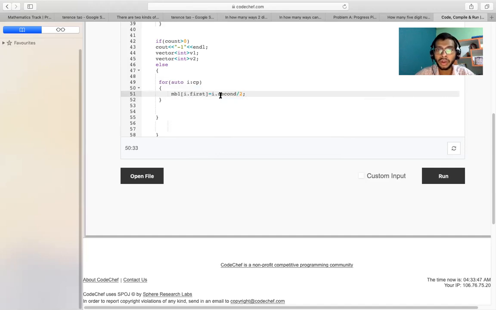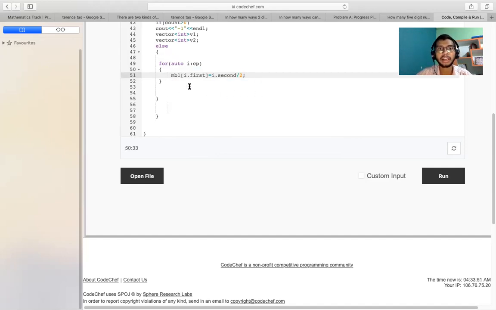Again, I just run a loop to traverse the whole unordered map cp and pass the values to mb1, and I simply make mb2 equal to mb1. Now these two are equal. Let's move toward the next thing.